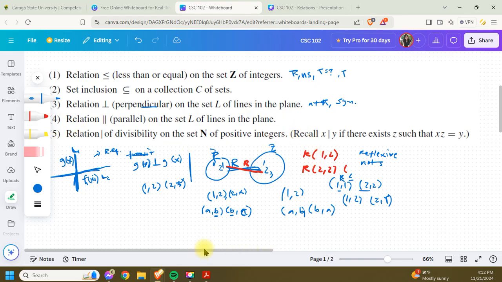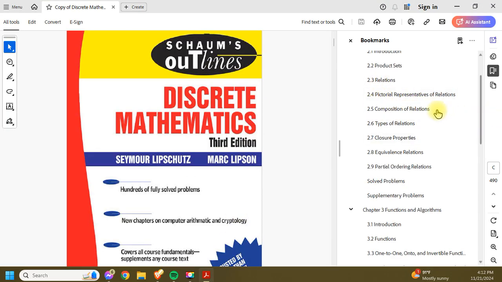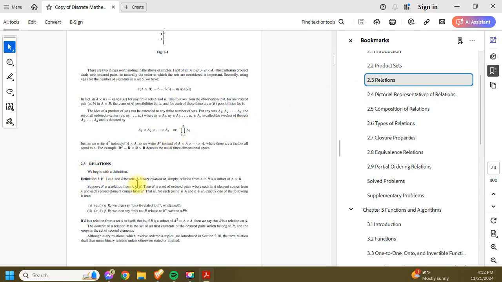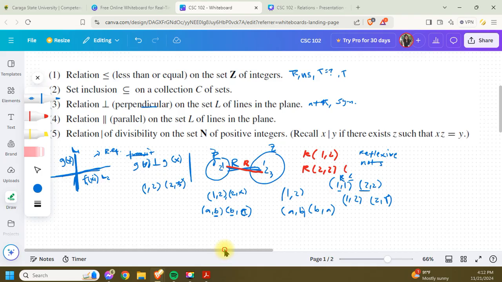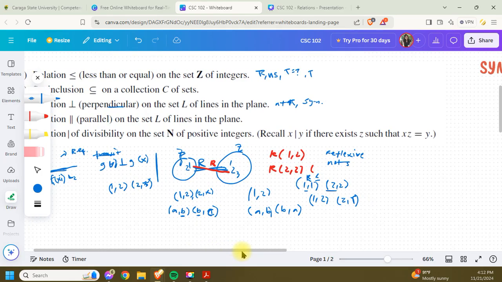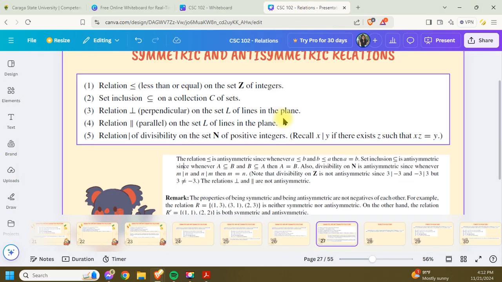Okay? So, there is an answer for this one in the book. The problem with this book is that its explanations are very minimal. I don't know if it's a problem for you, but the definitions are brief, and it doesn't give many examples. That's my problem with this book. Very, very straight to the point. Okay, so that is it for symmetric, reflexive, and transitive.